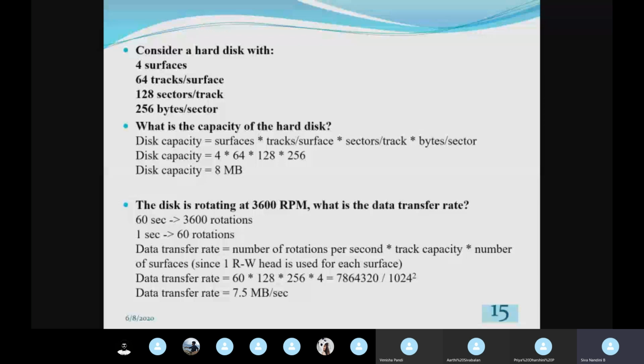To convert this into megabytes per second, I divide it by 1024 square, since 1 kilobyte is equal to 1024 bytes and 1 megabyte is equal to 1024 kilobytes. Dividing, I get the value 7.5 megabytes per second, because the data transfer rate is how much data is transferred per second. So 7.5 megabytes of data will be transferred per second. So like this the question may be asked.